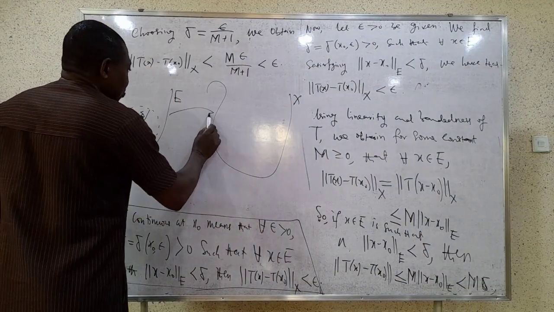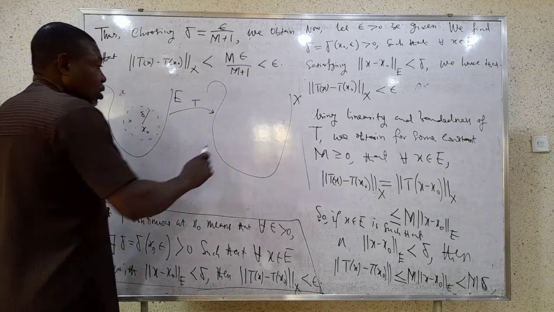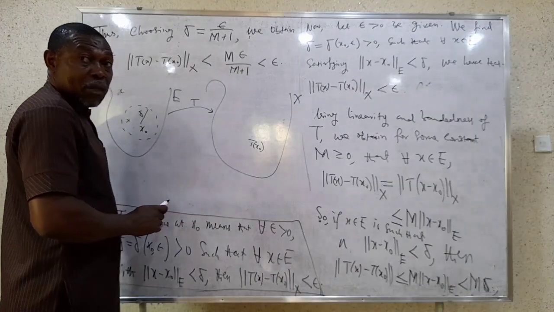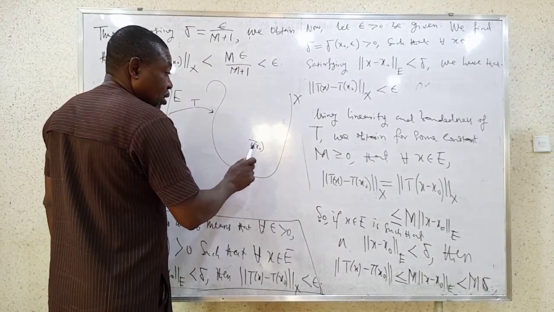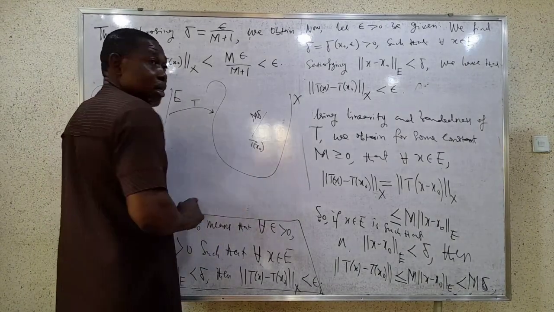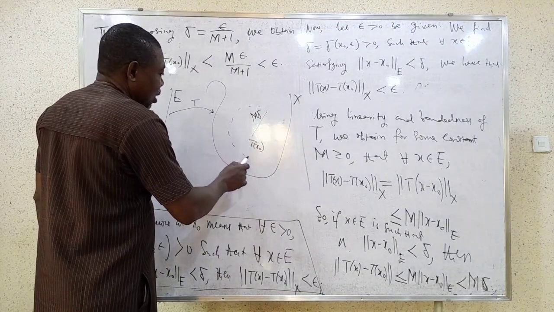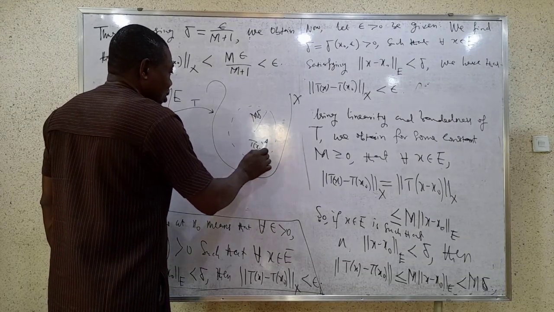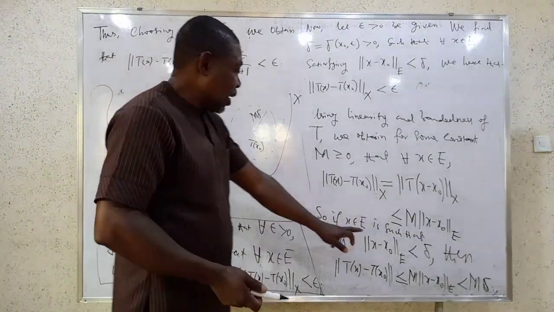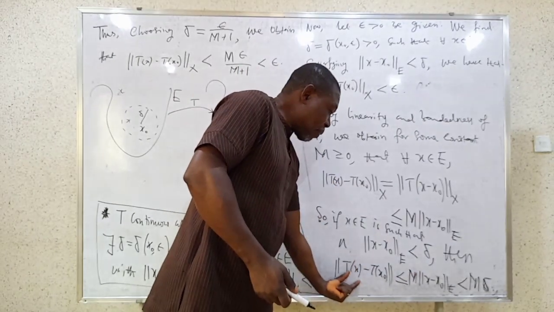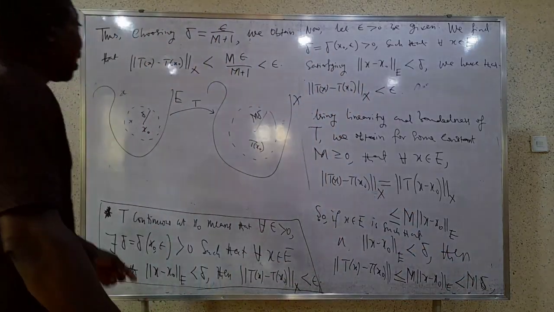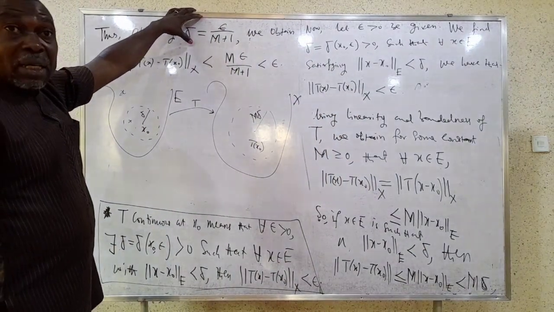Remember that T is taking this place to this place. So somewhere here, T of x naught will land. Are you with me? Good. And then within this T of x naught, if we look at M delta, we can look at the images of this ball. Our expectation is that for any x that satisfies this condition, the image of that particular x will be in the ball centered at T of x naught. And if we go further to get what delta is,